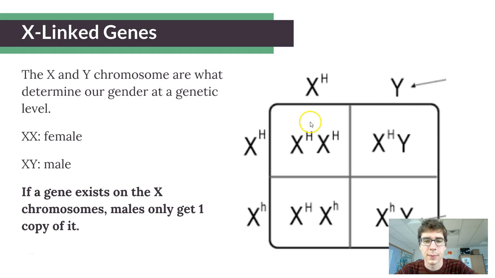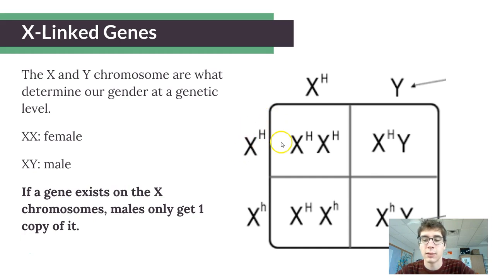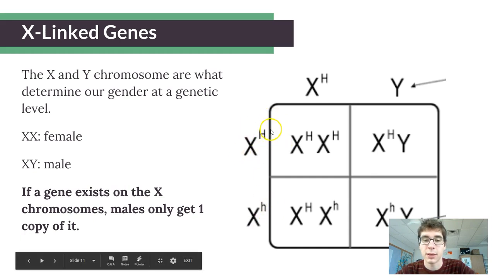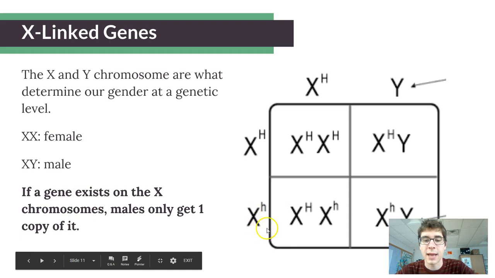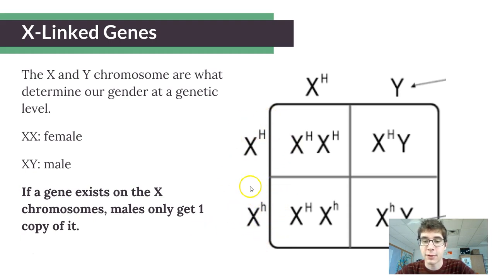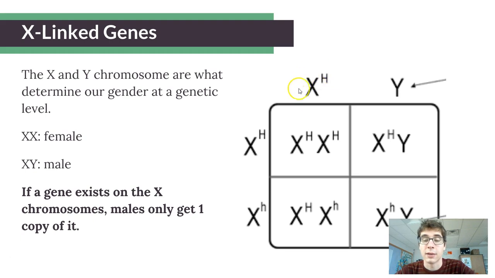So I think we're talking about baldness, and mom has a capital H, which means that she is a carrier of baldness, because this means that they'll retain their hair for their entire life. This allele means that they'll go bald. However, it's a complete dominance pattern, meaning that if you're female, you have to have two copies of this particular allele. And we do the cross, so dad, we're saying, is capital X, or X, because he gets one X